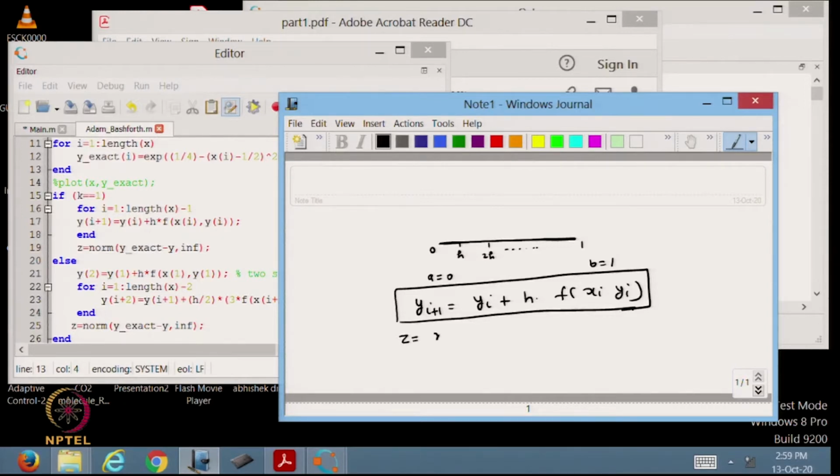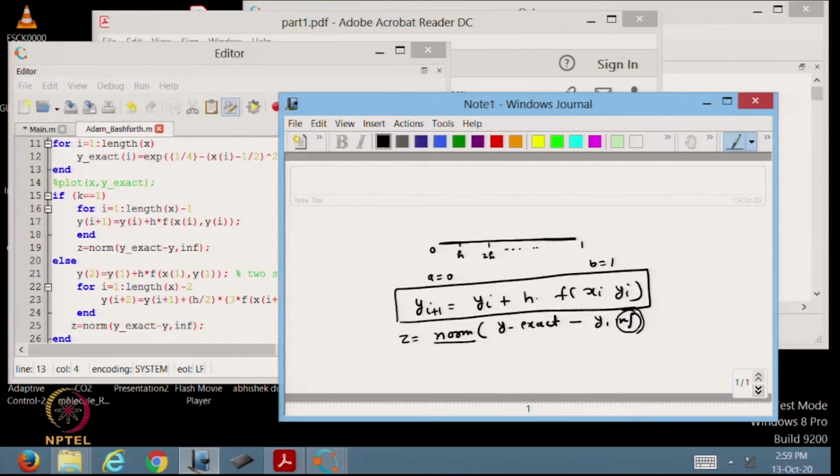And then what we are doing, we are also computing the infinity norm. Norm is an inbuilt function in Octave or MATLAB which computes the norm.